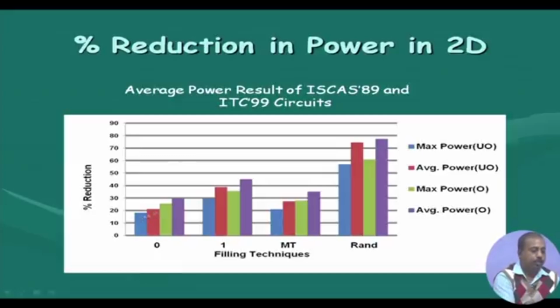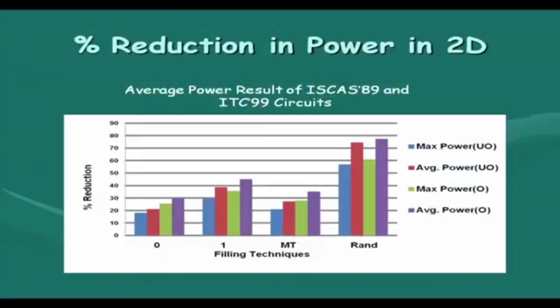Over zero filling, these are the improvements. Over one filling, these are the improvements of the algorithm. So, you see that there is a lot of scope for improving even the power value when we are doing this bit flipping, checking the bit flips. Empty fill improvements are there, but you see for zero fill and empty fill,